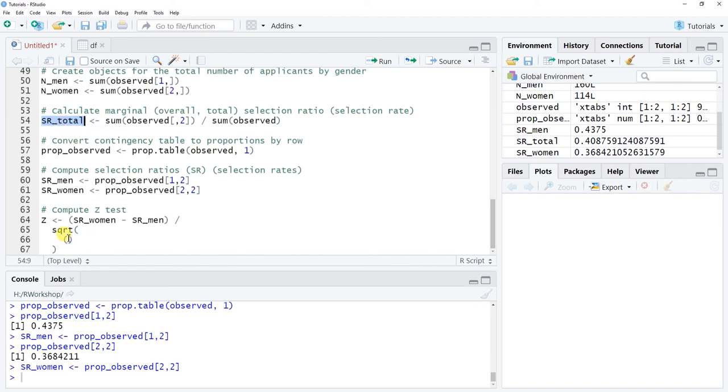So I'm going to copy this value here, selection ratio for our total sample, okay? And times, so asterisk symbol is our times symbol. I'm adding another set of parentheses, our selection ratio total times 1 minus our selection ratio total, okay? And then I am going to do another multiplication sign right after these parentheses, after the 1 minus selection ratio total parentheses, times, I'm creating another set of parentheses here,